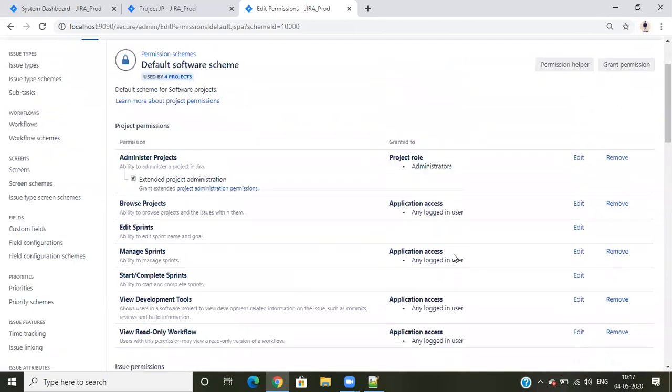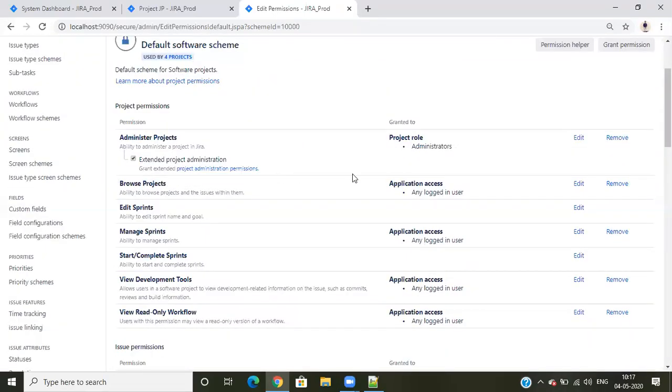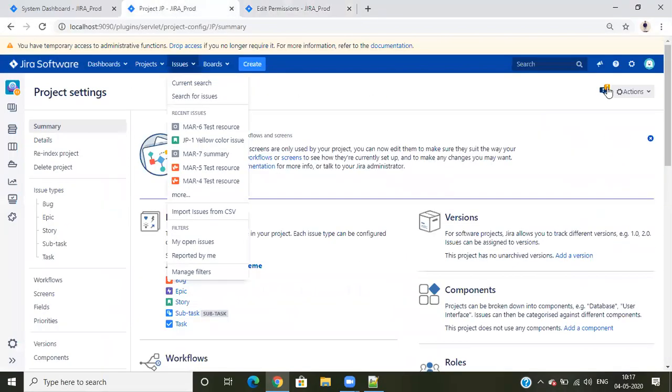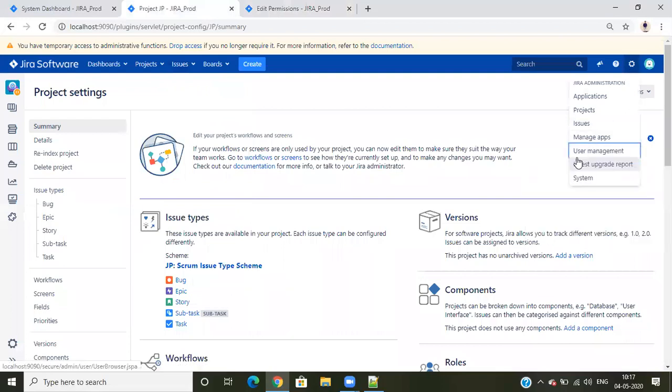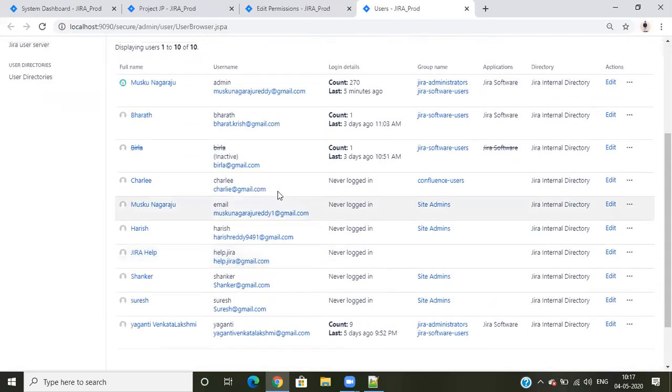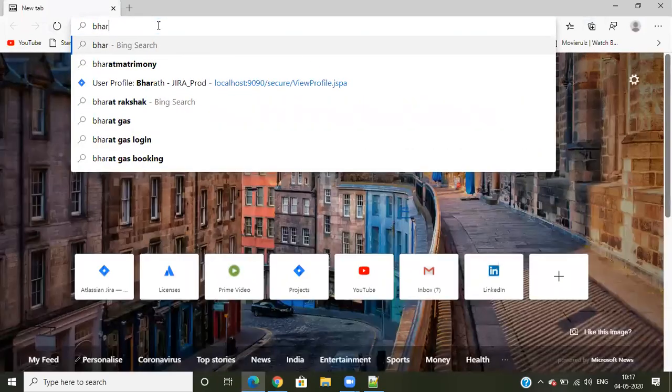Okay, so first I'll do one thing to access the project. I'll open with any one name. Let's see user management. Use the name here. So Bharat, I'll open his Bharat name.